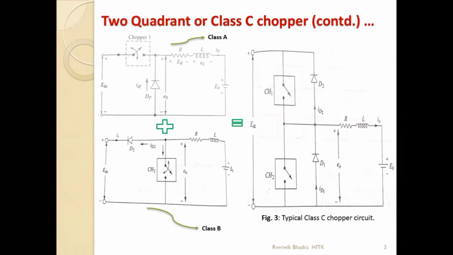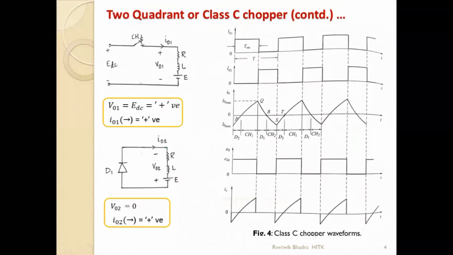So when CH1 is on, we had already studied, current will flow from this positive terminal through RLE back to this minus. This diode will not function. So my current is entering in this direction only. This direction and this standard direction is the same. So current is positive. If current enters in this direction, this point will be plus, this point will be minus. So voltage across the load will also be positive. So that is the diagram which we have drawn over here. Since it is the first stage, we are taking I01, V01. You can give any name according to you. That doesn't matter.